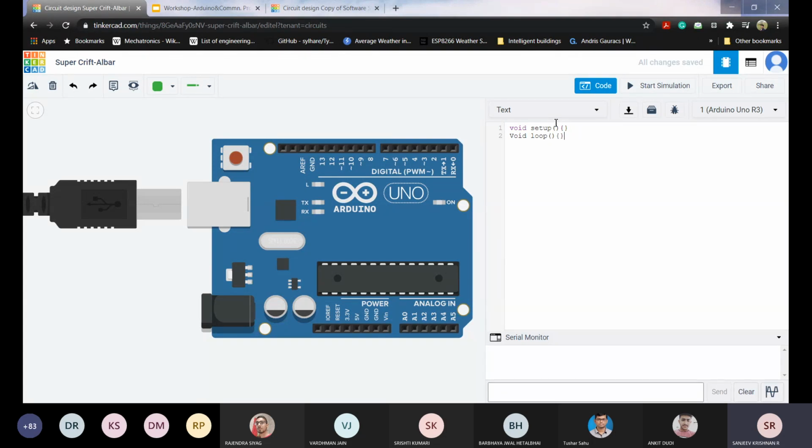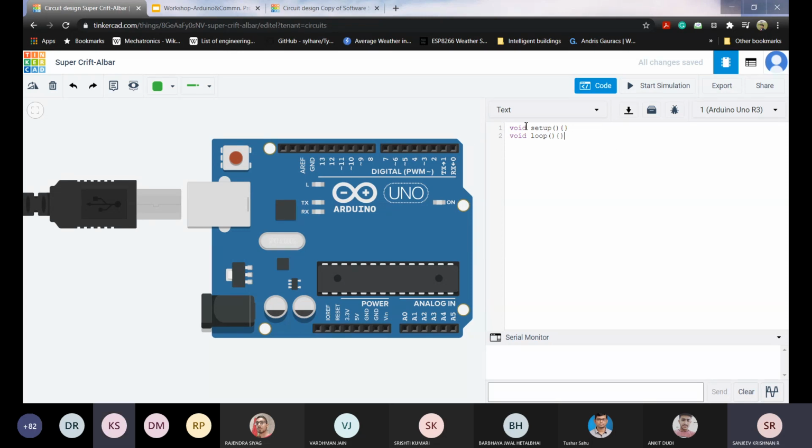Anybody who doesn't know any programming languages, C++ or Python or something? If so, I can go into detail also. Is there anyone? You don't have to be shy, because when we all came to Mars, we were also not knowing anything. We were also not used to Arduino. I saw Arduino for the first time after coming to the section. So I hope everybody knows at least the basic programming part, right?